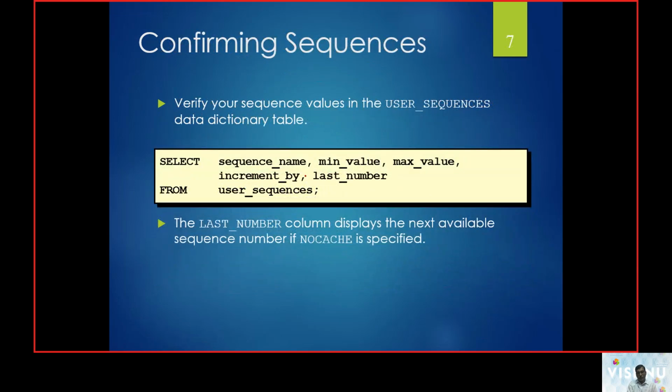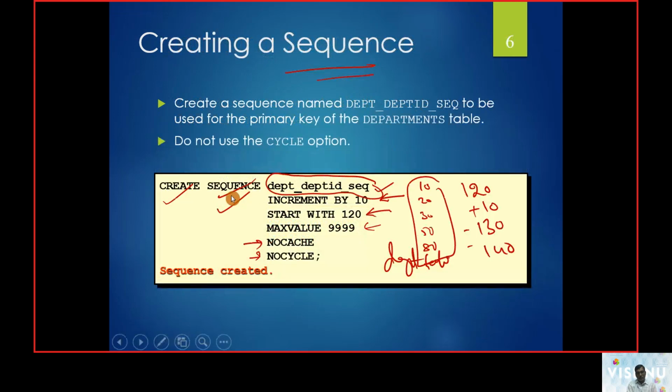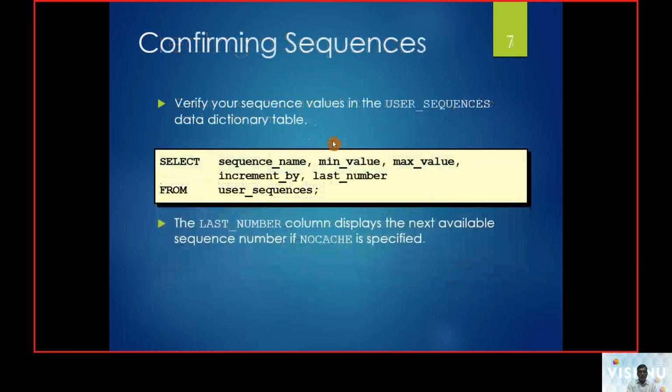Okay, we created a sequence. Now we want to understand whether the sequence was really created or not. In order to understand that, we have to look at the data dictionary. The data dictionary is going to maintain the list of sequences in an area, and that area we call user sequences. We will see the sequence we have created, how much is the minimum value, how much is the maximum value, how it is going to be incremented, and so on. So you call it here as user sequences.